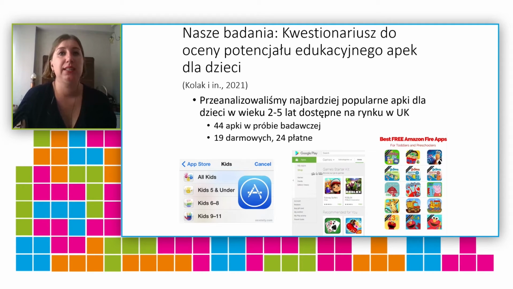And it took us quite a long time to design such tools, and we made reference to the previously designed tools, but they were designed bearing in mind somewhat older groups of children, or they were designed in a very difficult, unapproachable way, not to be easily understood by parents, for instance. Whereas our point was to design some almost intuitive tool that will help you immediately to evaluate an application for